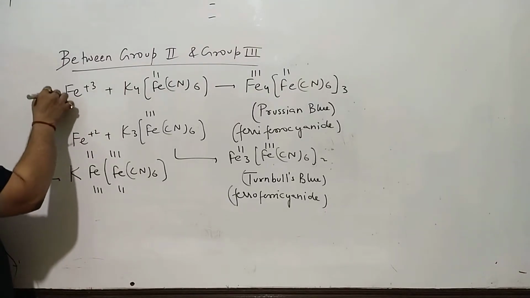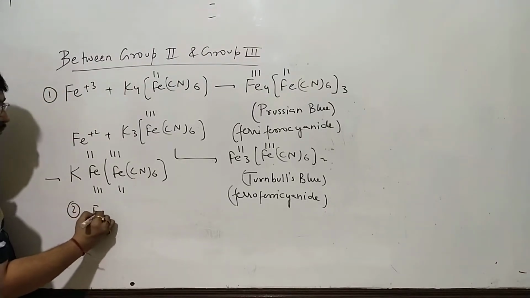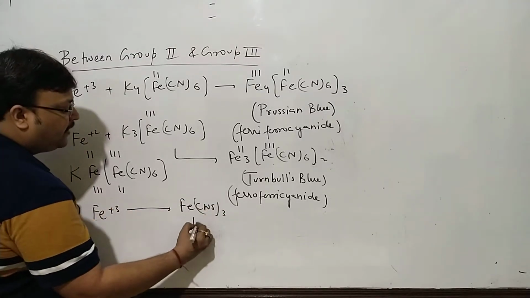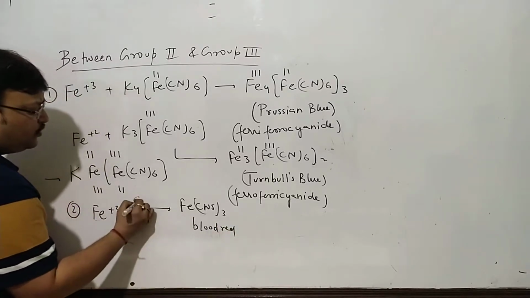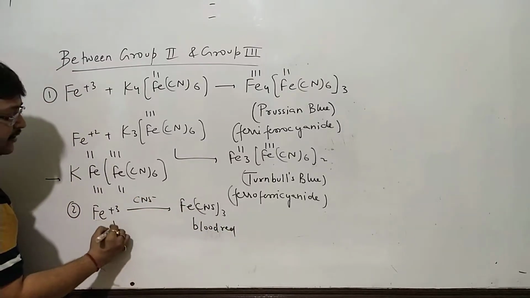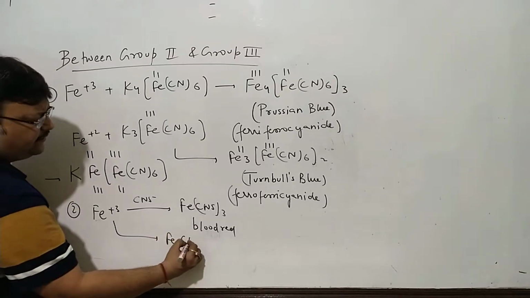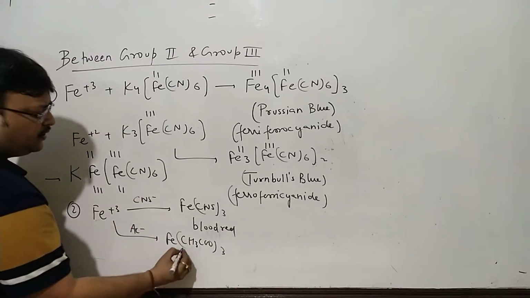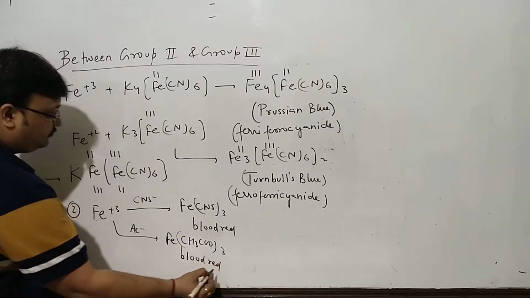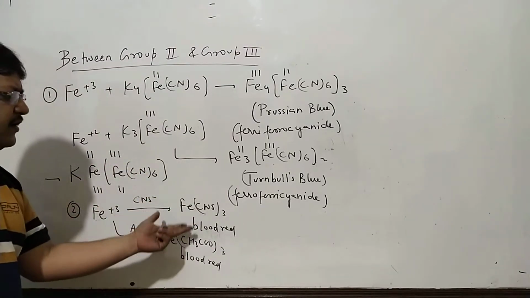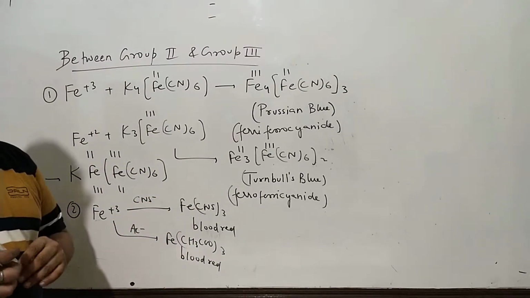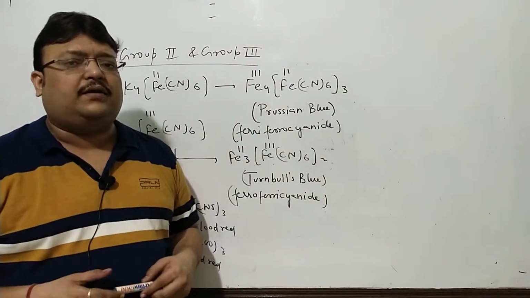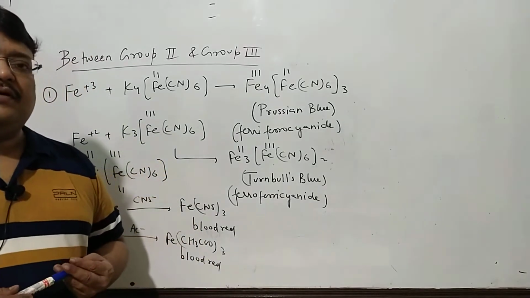Along with this, we know about ferric thiocyanate, blood red. So you add a thiocyanate, ferric thiocyanate is blood red, plus ferric acetate. All acetates are soluble, not a problem. Ferric acetate, it's also blood red. So these are again two very common colored tests of ferric. Ferric thiocyanate is blood red, ferric acetate is blood red, and all these equations are very common, very exam relevant.